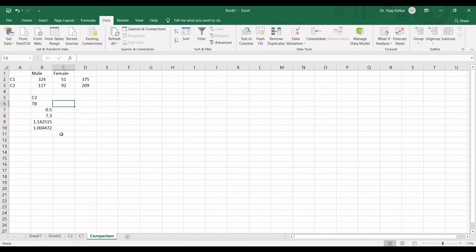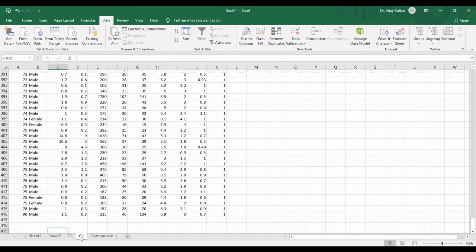Now let us go for class 1. What is the value of the total bilirubin column? Same again: minimum, maximum, average, and standard deviation. Let us check for class C1. There are 416 records.